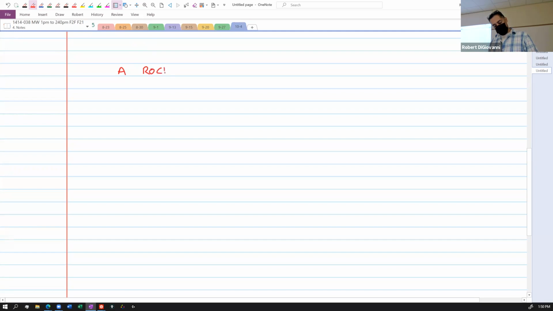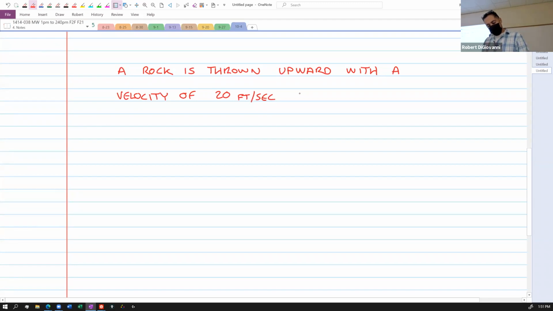A rock is thrown upward with a velocity of 25 feet per second from a 48-foot